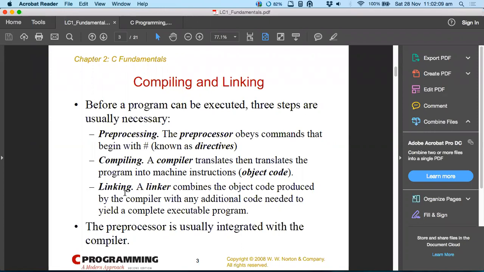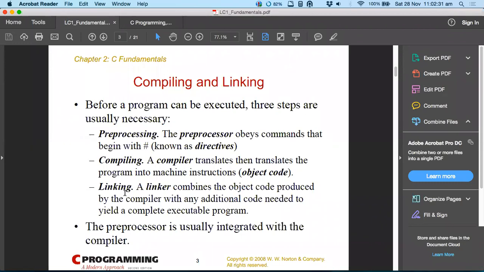Exactly. So in this case, printf is one such function which is outside your source file, right? And then it will create that object and link it to your program, link it to your main executable file. So that's the linker part. So the linker adds those extra lines other than our code, right? Exactly. You got it.